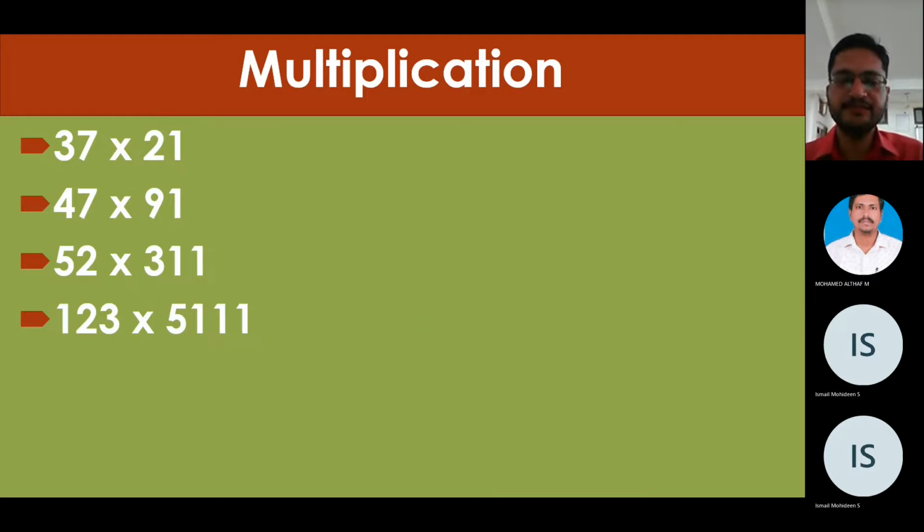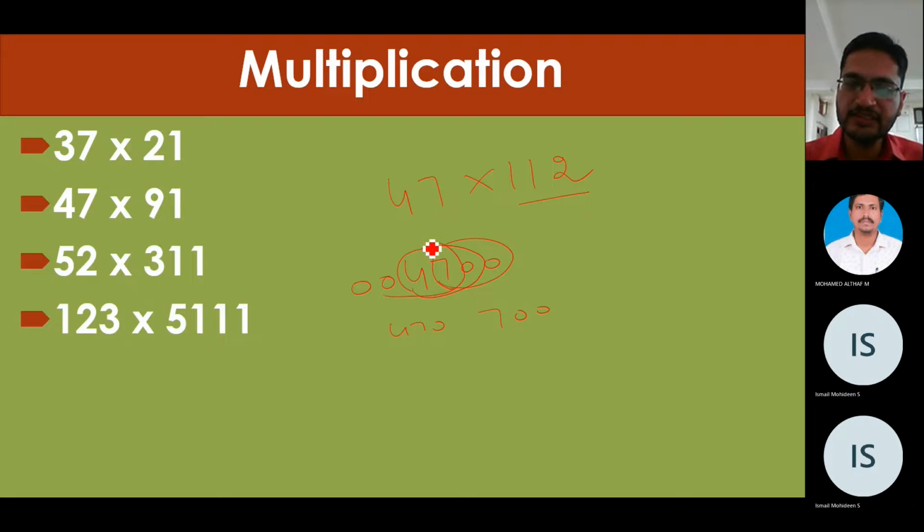Okay. Now next, when we are to multiply 41 with 112. Now because it is a 3-digit number, first of all we will write 2 zeros in the last and 2 zeros in the front of the number. Now again I will make pairs of 3 digits, 700. Next pair will be 470. Next pair is 047. And next pair is 004.